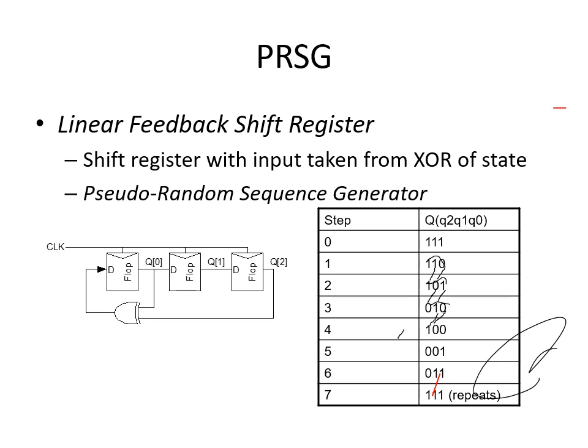For the next clock pulse, the bits get shifted. Q2 gets the value of Q1, Q1 gets the value of Q0, then Q2 and Q0 are XORed. In this case it is 1 and 1, hence the output is 0. Similarly, you get the remaining patterns. The next pattern will be 0 1 0, after that 1 0 0, then 0 0 1, 0 1 1, and after that it is 1 1 1. So the cycle repeats.